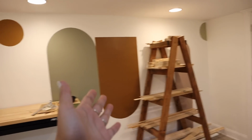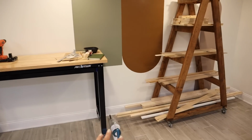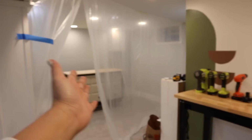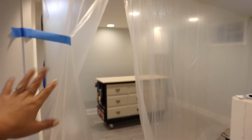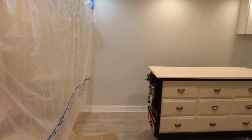As you remember, I made over this whole section. It was covered in wood. It was a really bad situation, so if you missed that makeover, I will link it here. So far, I've kept up with it and it looks great, and now I just have a bunch of tools everywhere, so those are going to be hidden away in storage. And then over here we have this murder mystery scene. I have all this plastic up so that it can protect all of this area away from the sawdust. So it does look a little bit scary right now, but through here is going to be the main area